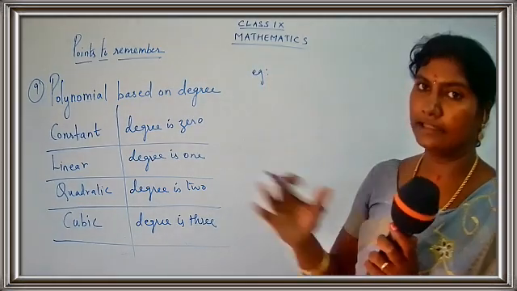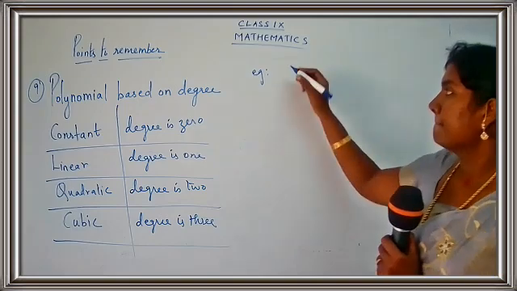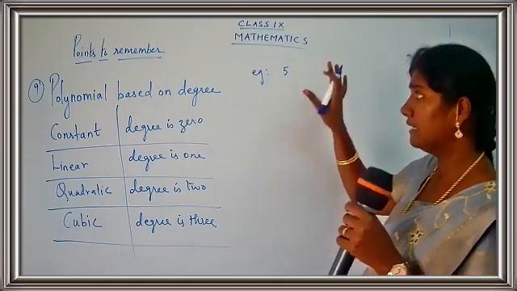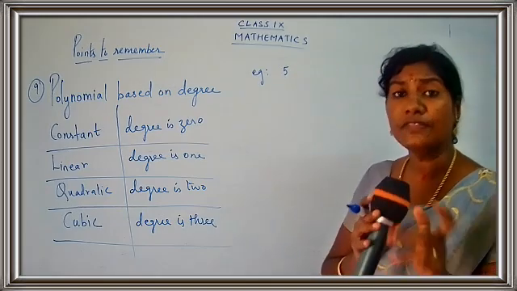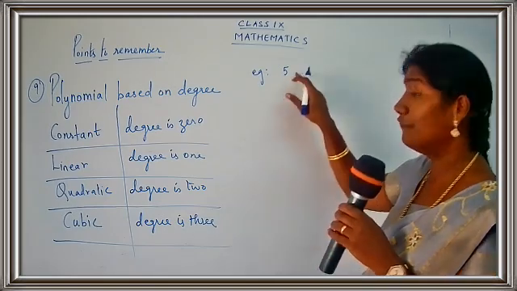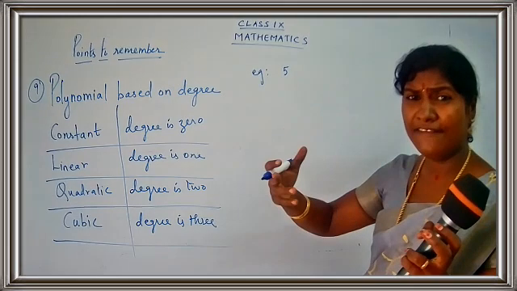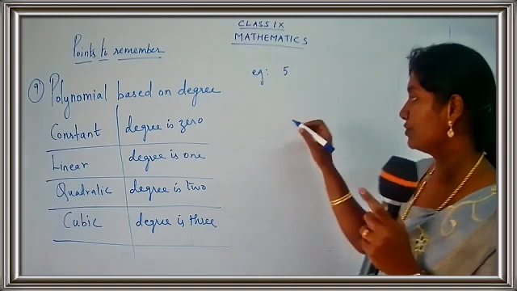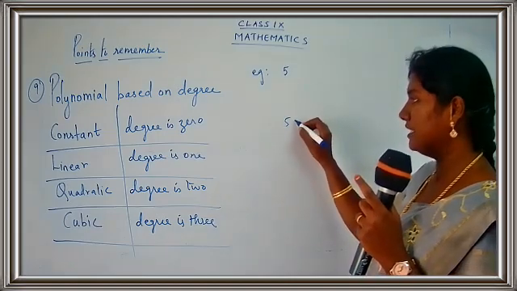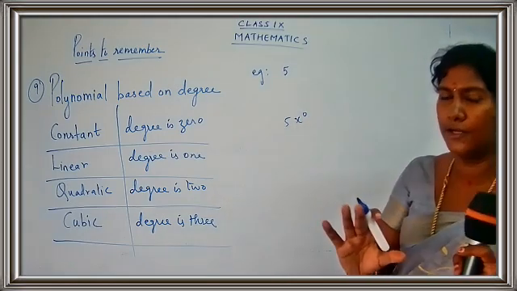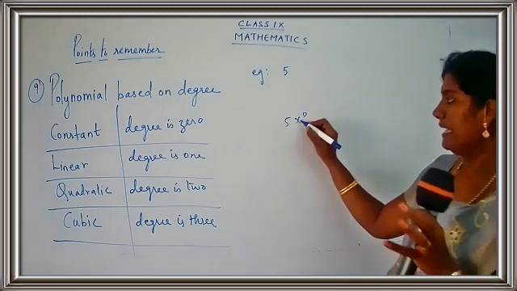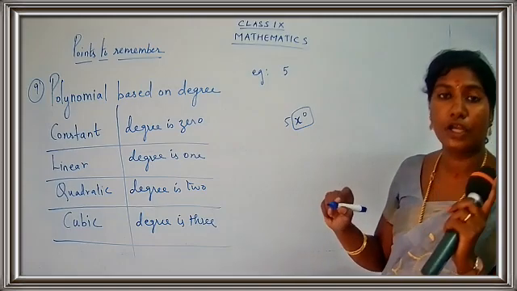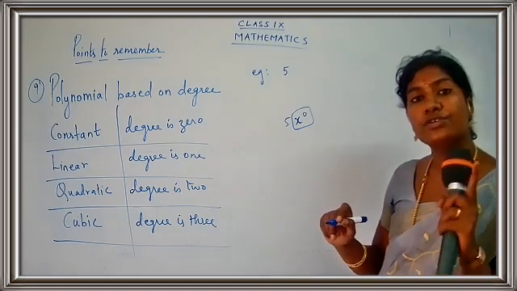Okay, I'll just take the example for constant first, okay? I'll take the number 5. Now, I have already told you that if a number is present, do not think that no variable is present. Here, a variable is present. It can be any variable, but what will be the power of the variable? The power will be 0. I have already told you, actually. If it is 5, just for assumption, let me take this as x raised to 0. So what is the value of x raised to 0? It is 1 because anything raised to 0 gives you 1.